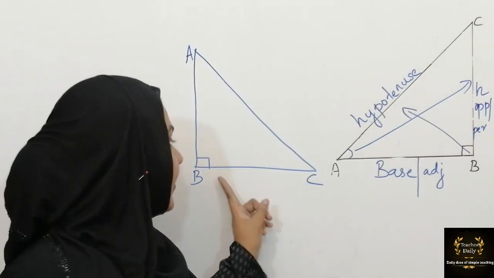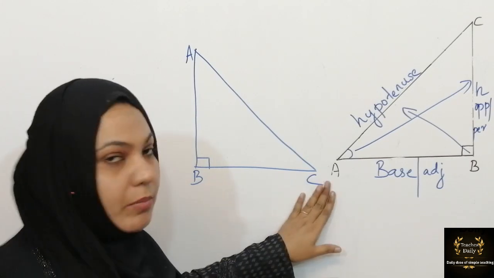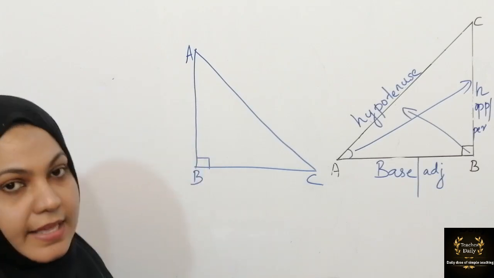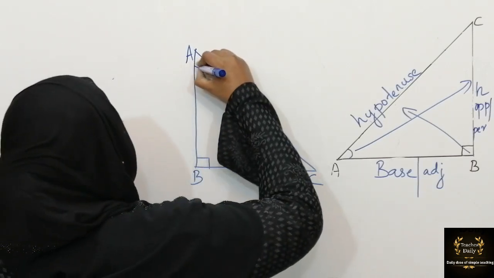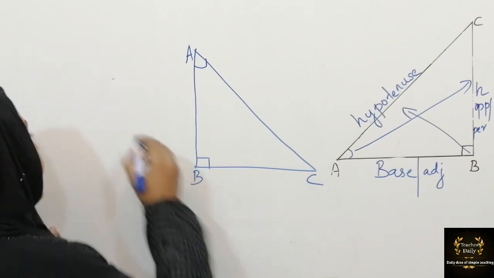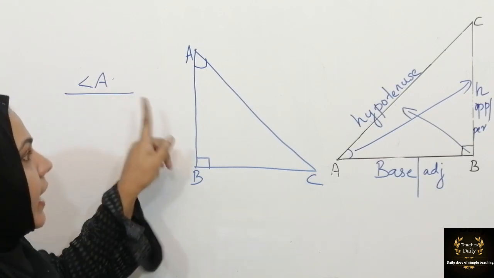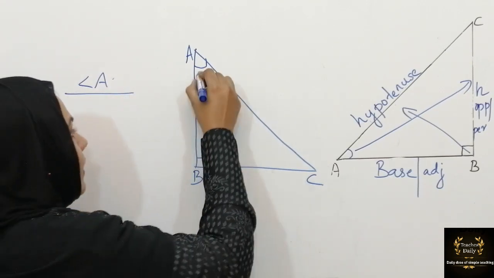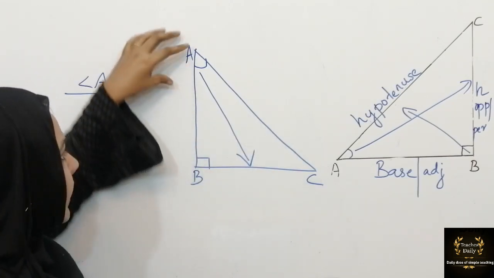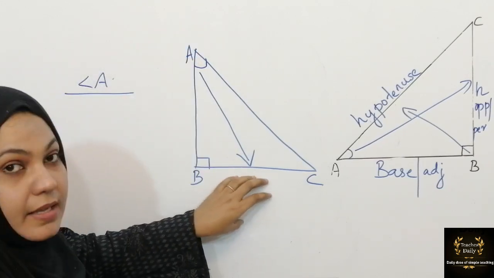This is our second triangle. Here in triangle ABC, right angle at B, I am not taking C as reference angle, I am taking A as reference angle. So A is my reference angle. Now I will write one by one here. According to angle A, what is the opposite here? Now you can see the difference. When I chose this angle A as my reference, my base changed.